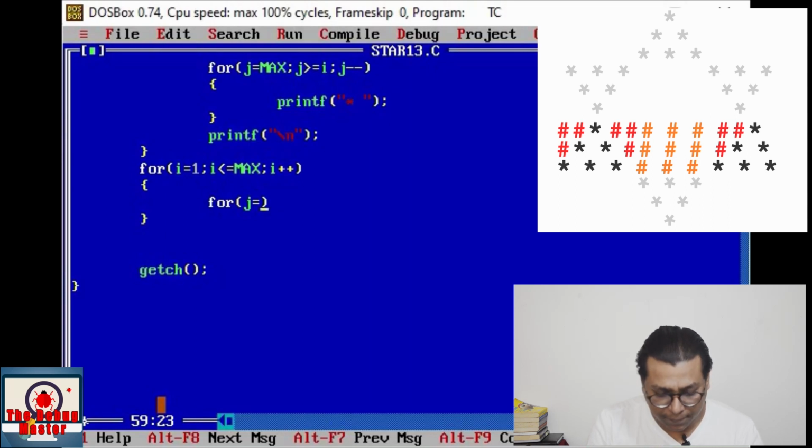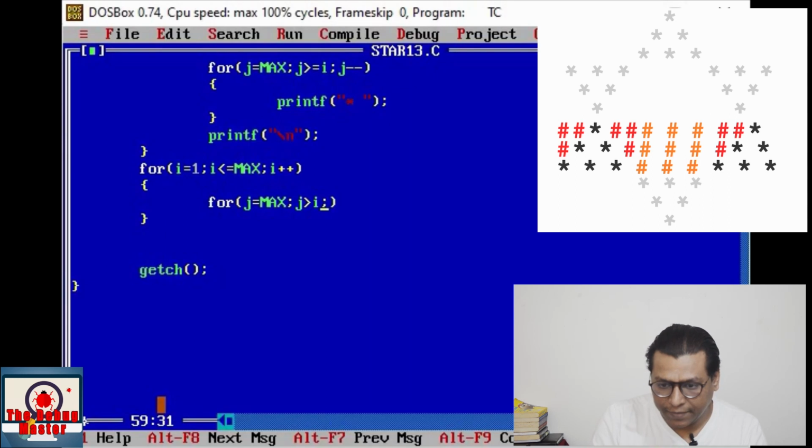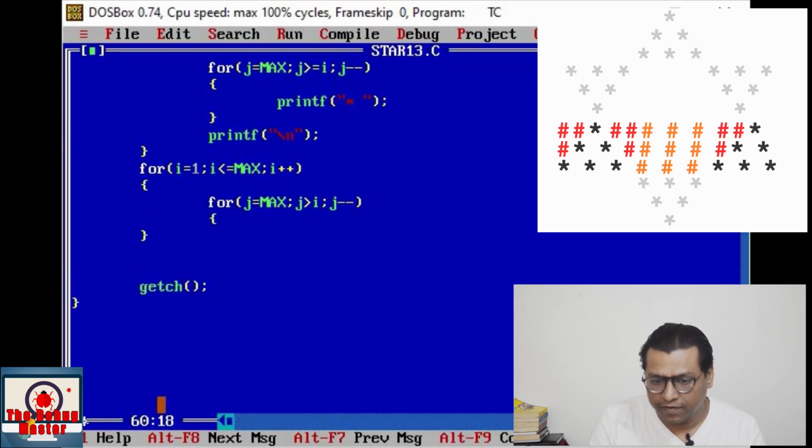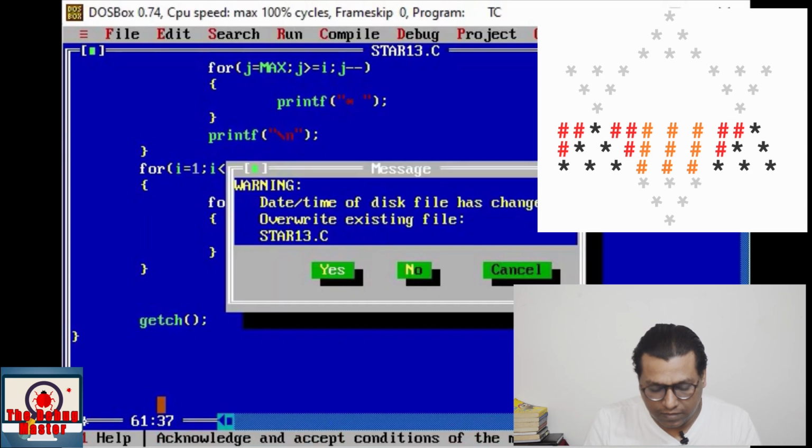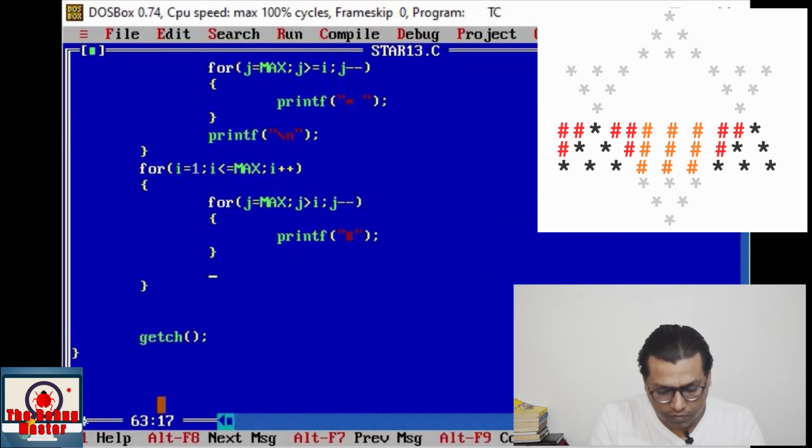So here we shall write max, j is greater than I and j minus minus, and here we shall print hash. Save it. Here goes a new line character. Save it and run.